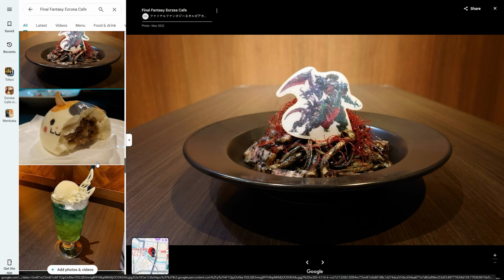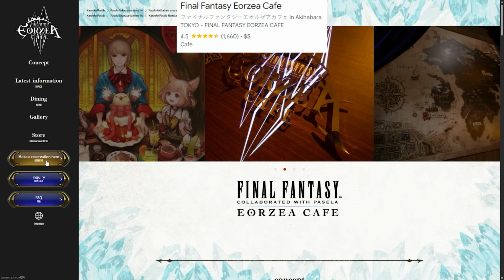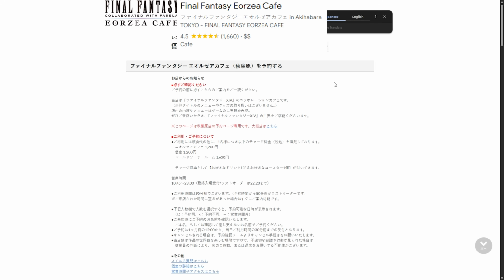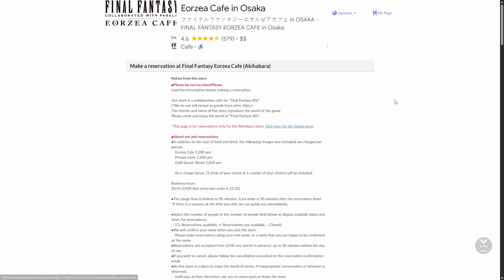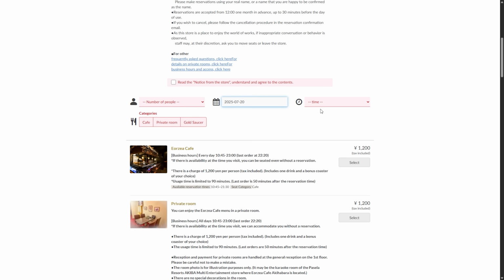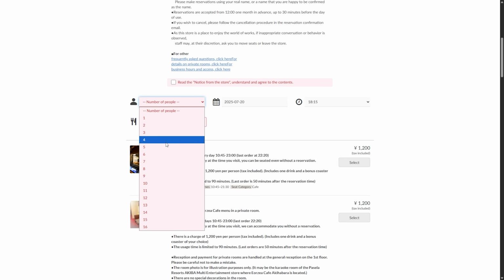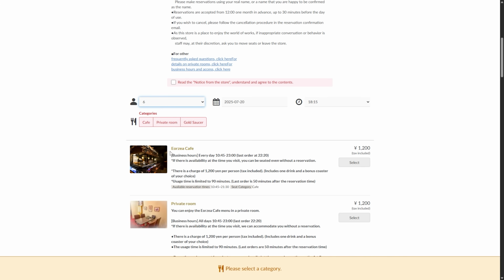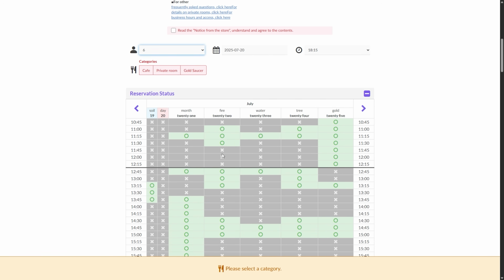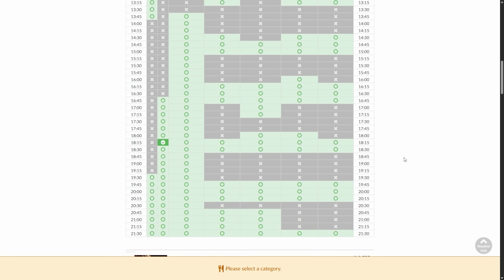990 gil. There are 2 locations, with the main one being in Akihabara with 1,700 reviews and 4.5 stars, and the second location being in Osaka with 570 reviews and 4.6 stars. Reservations for the Final Fantasy cafes aren't required, but highly recommended, especially during peak meal times on weekends. But compared to other cafes like the Pokemon or Kirby Cafe, this one does take walk-ins and isn't as insane